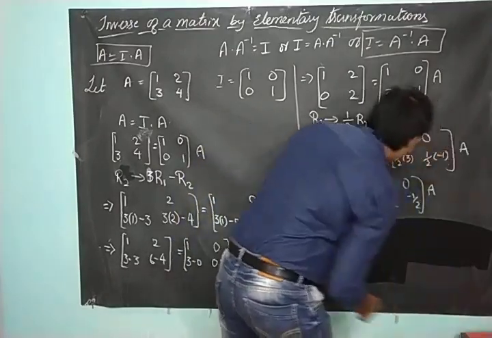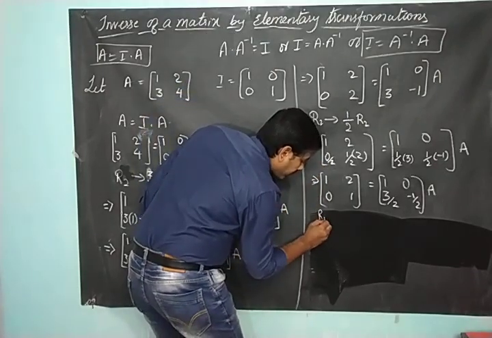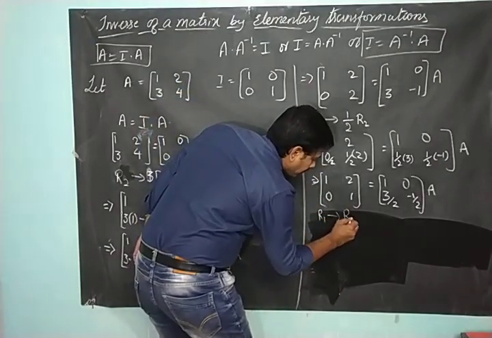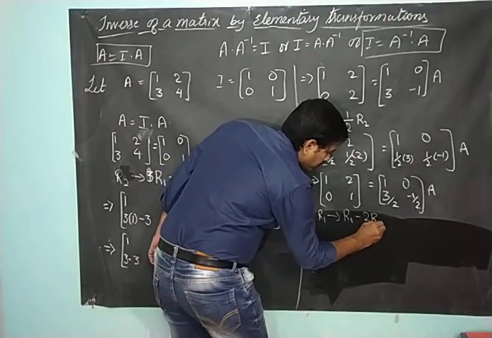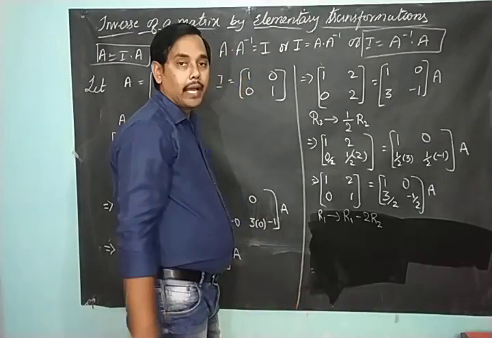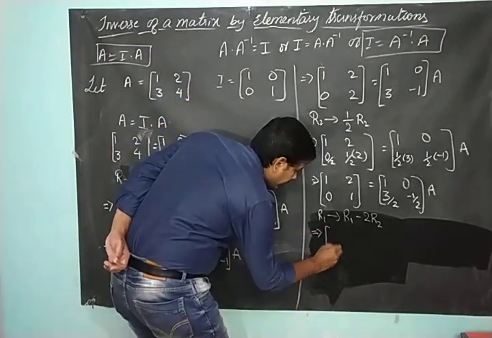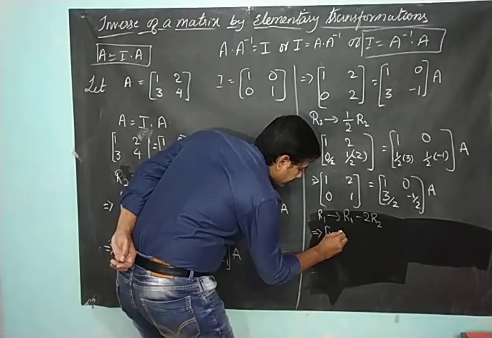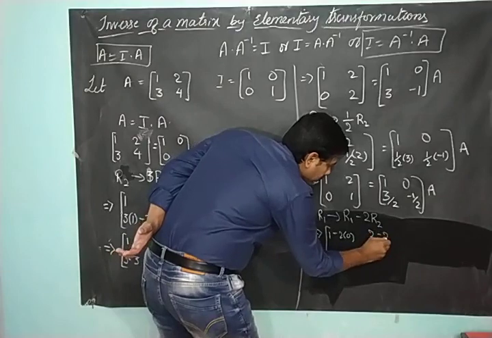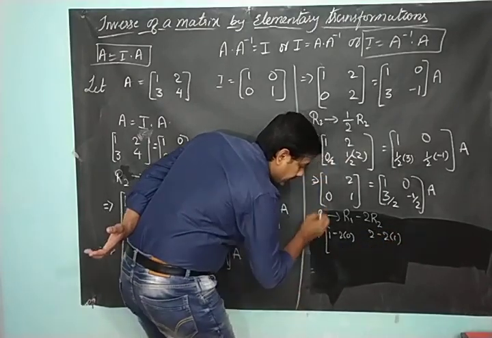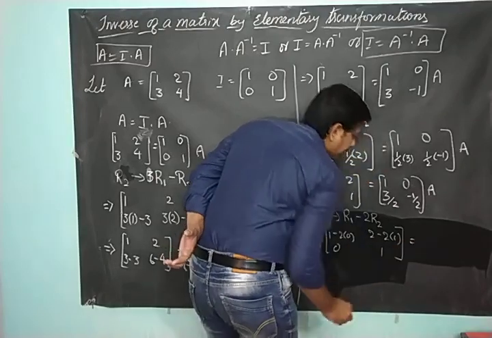In order to get 0, we should subtract 2. So what I will do, R1 changes to R1 minus 2R2. R1 minus 2R2. So what happens? 1 minus 2 into 0, 2 minus 2 into 1, and 0 as it is, 1 as it is, will be equal to